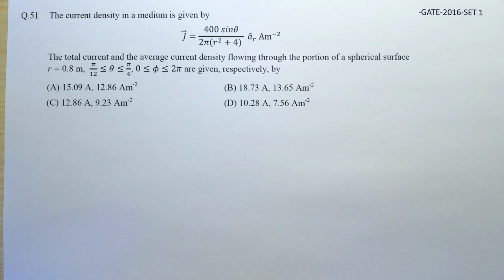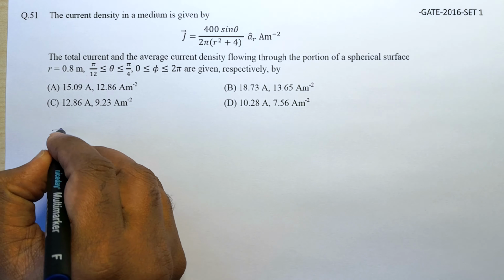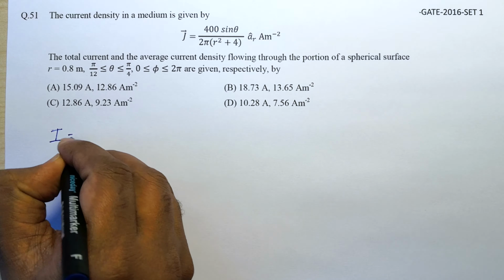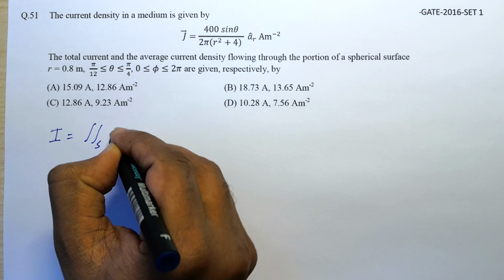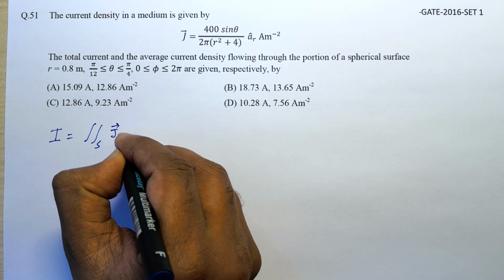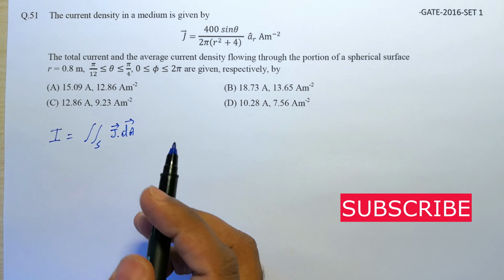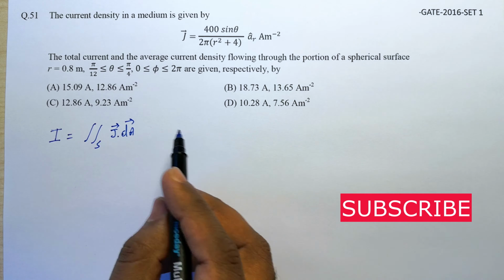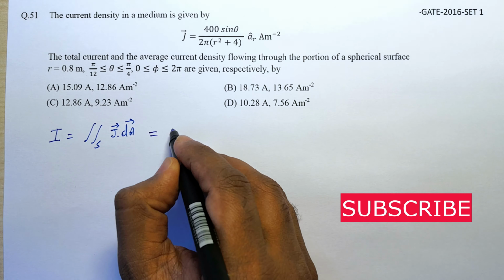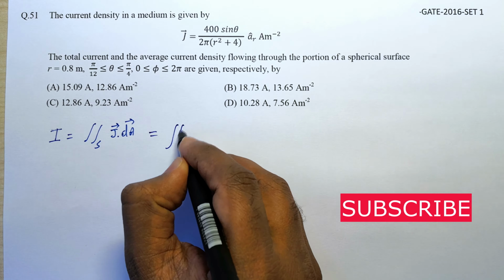So let's find the total current first. We know that I is given as the surface integral of J dot dA, where A is the small area over which we have to integrate. So from this given problem, we know that it is a surface integral of J dot dA,